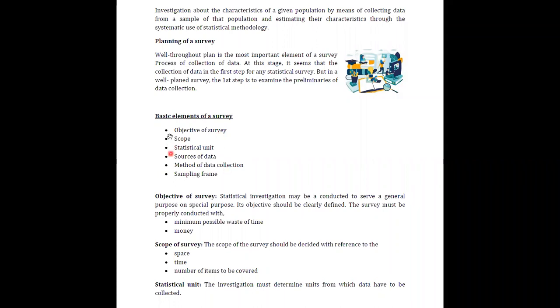But when we are going to conduct a survey, apart from these six elements, after the data collection steps we move on to the data analyzing procedure. If you do not plan your survey in a proper manner, then you will be in trouble at the analyzing stage of data. It is because the test that you are supposed to use there may not be appropriate for the type of the data that you have collected.